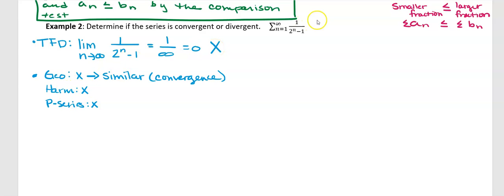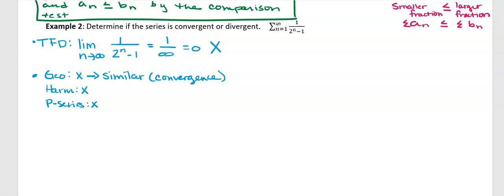I can also look to see if this particular series is reminiscent of any of the ones that we know about: geometric, harmonic, and p-series. Specifically, it is not going to be geometric, harmonic, or p-series, but it does somewhat look similar to a geometric, so I'm going to keep that in mind for potentially using the convergence theorem. Okay, I really don't want to have to do an integral with this since it's 2 to the n, so I think I'm going to steer away from that for a moment,